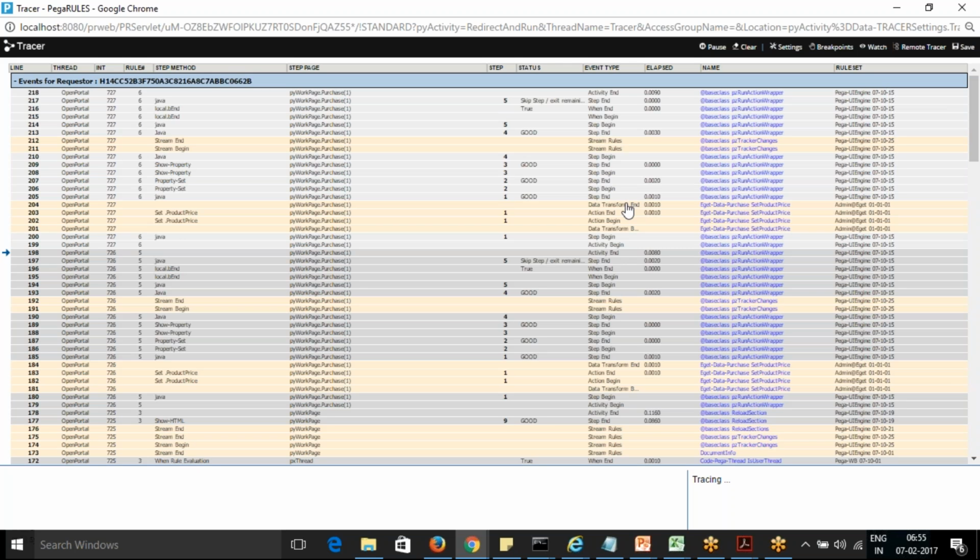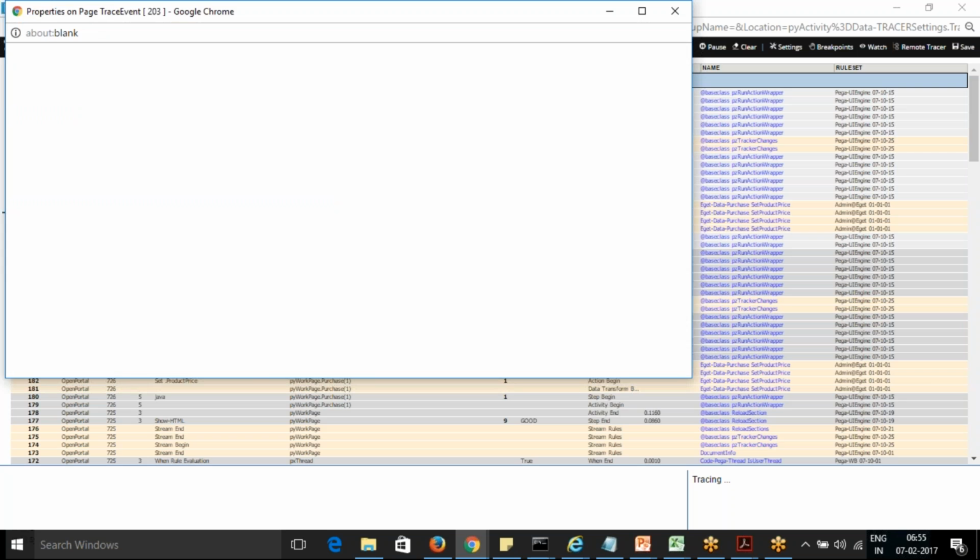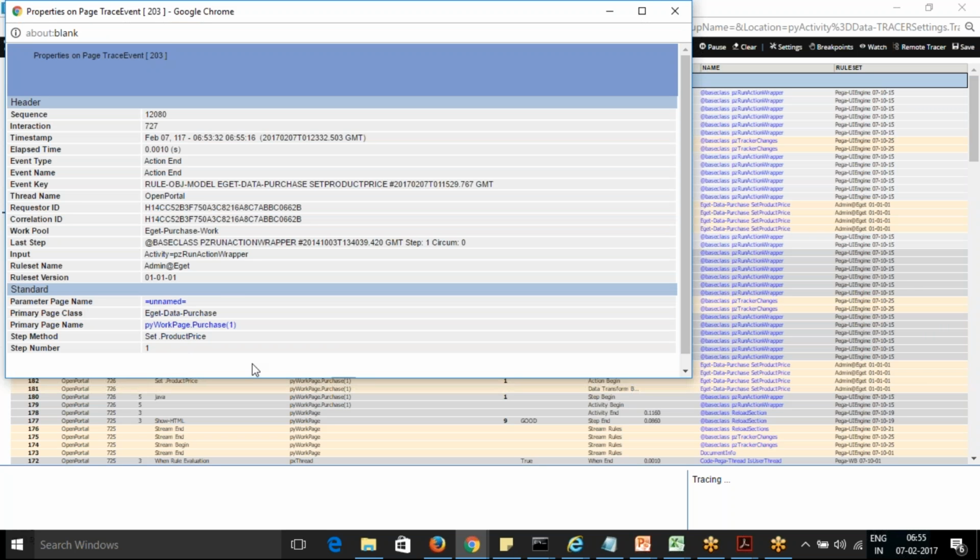That's why it's not working. It will not be able to get the value from the data page.